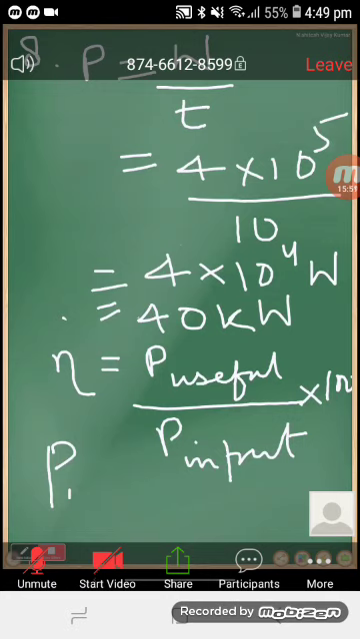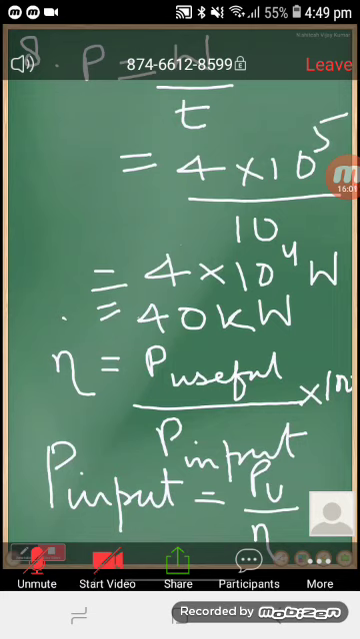Okay, so now if we try to calculate this more, you will be studying in detail about the efficiency of a machine in the next chapter, that is your machine. So here now what we are going to do is